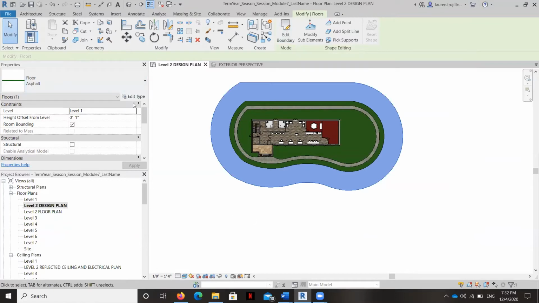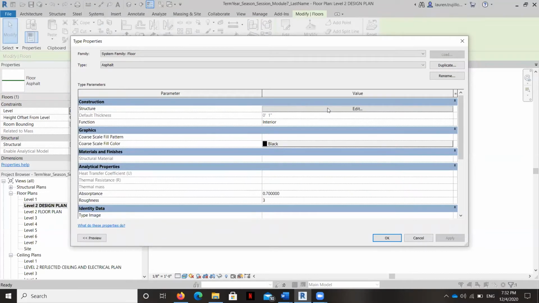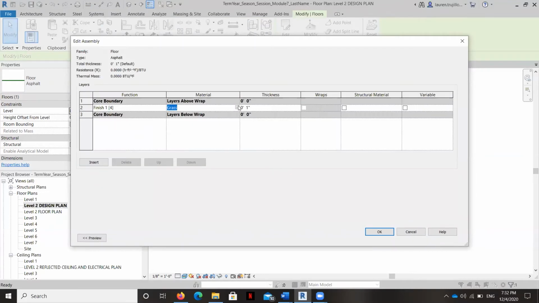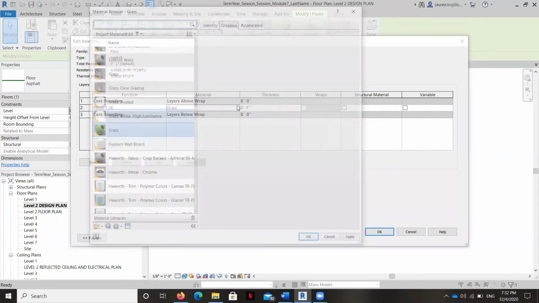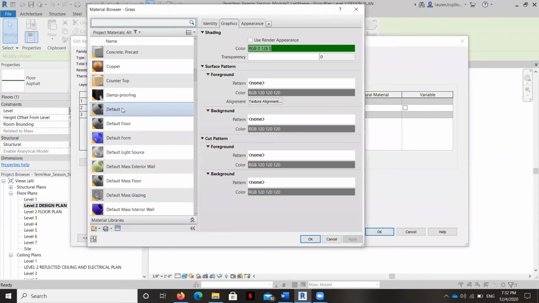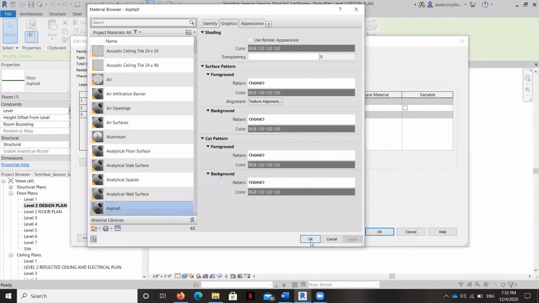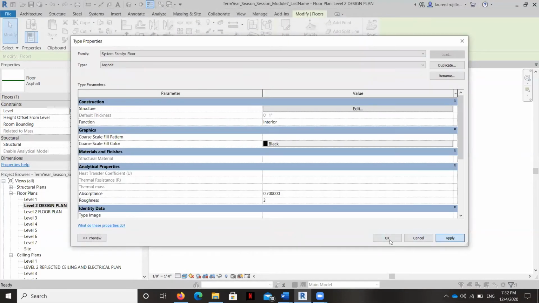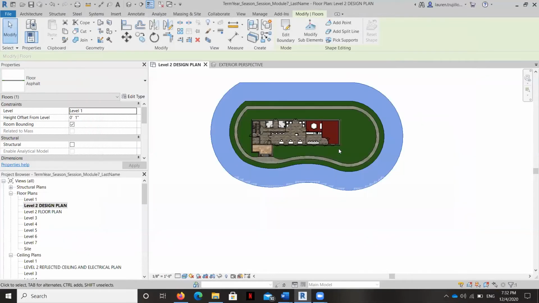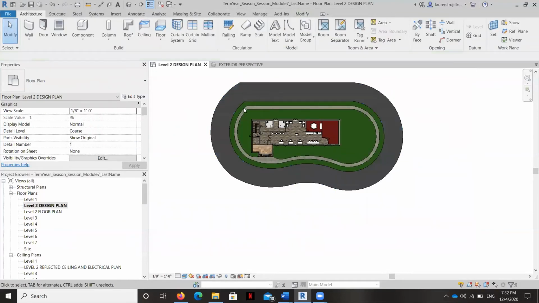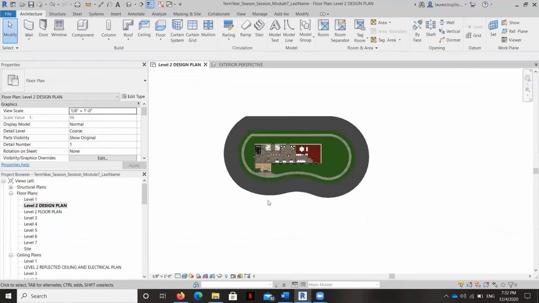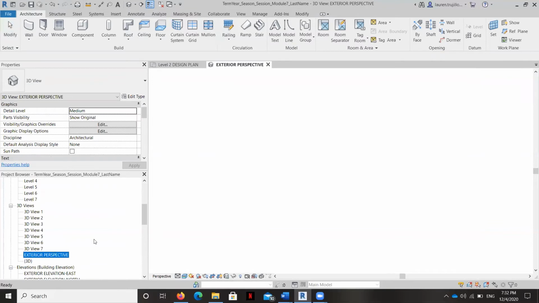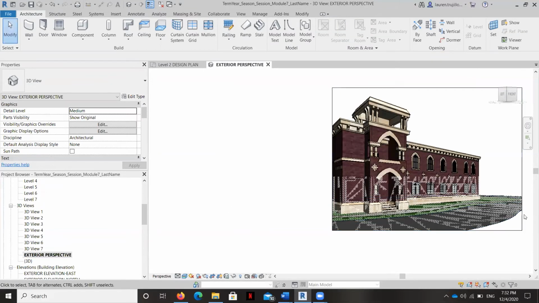And it looks like I need to reassign this. Okay, so we've got our cars there. And then finally, I don't even think we'll be able to see it in the rendering. Let's check. We'll see just a little bit of grass right here.